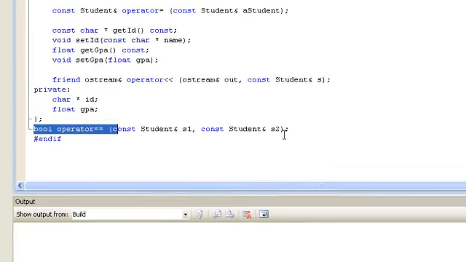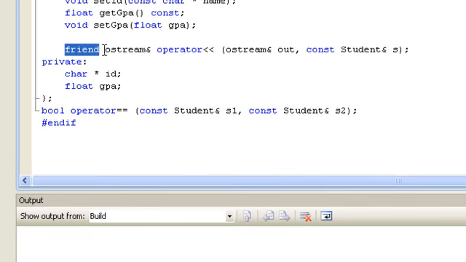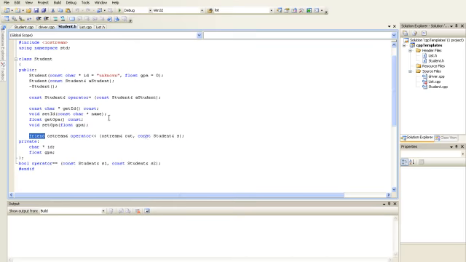Now the last one we're going to look at is this insertion operator. The insertion operator, you see, I make it a friend for this class. A friend function of this class means it's not a member function of student class, but it has the privilege of accessing private data directly. That's what a friend is for. For this one, it can either be a friend function or just a normal function like this one. The reason we want to make it a friend is we want to provide that privilege of accessing private